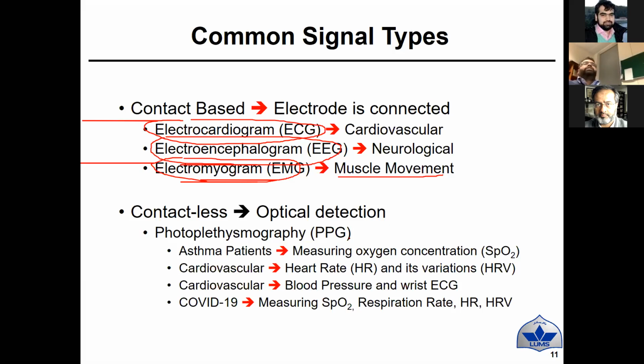As I was mentioning, there are a lot of steps. First step is you have to make the prototype in a lab environment, and then you have to deal with the next steps: how to make it smaller and smaller. And then this is also linked to the current scenario when we are having COVID-19. So the SpO2 is very much important. The respiration rate is very much important. The heart rate variation, which is a normal thing that hospitals need for COVID-19. All of these things can be easily done through PPG.